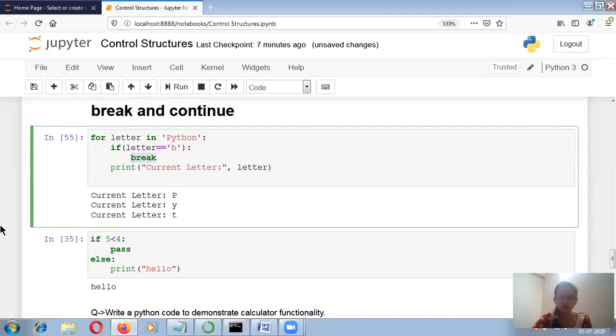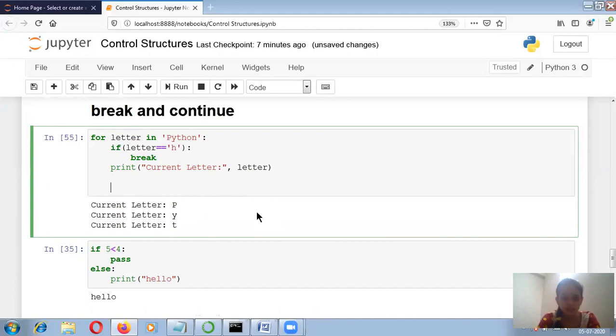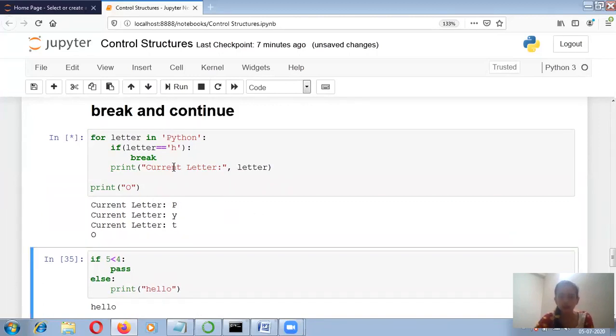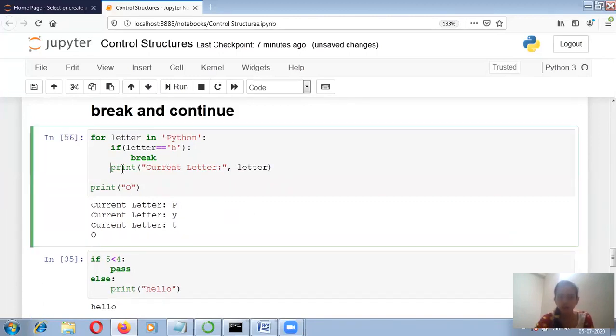It means it will break the for loop and my control comes out, and as no statement is over here, my output will be till P, Y and T. Suppose I am writing one statement over here, that is print, and I am writing suppose O. Then see what happens: my for loop breaks. After my for loop breaks, my control comes over here, that is the statement outside the for loop. So this is how the break works.